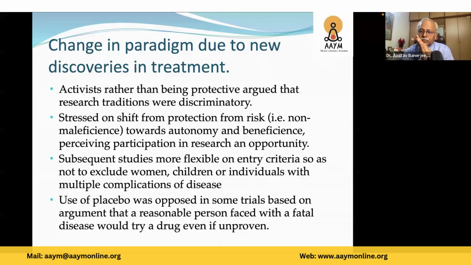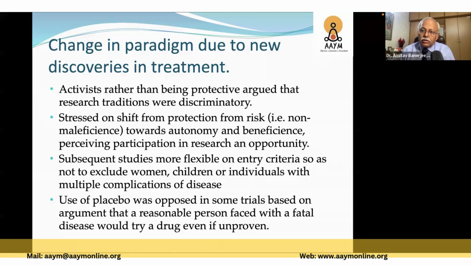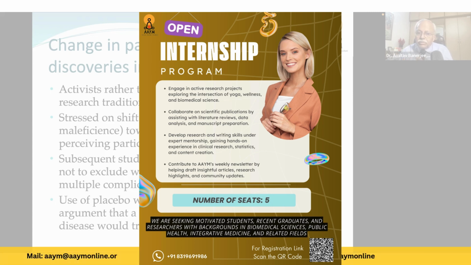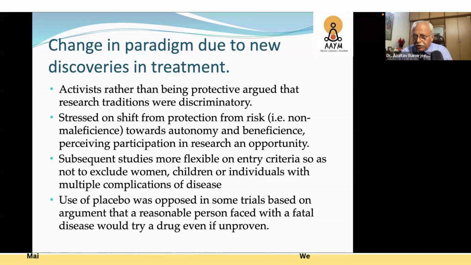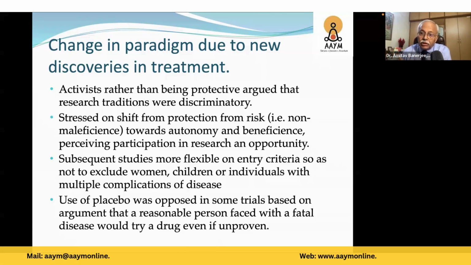And in the trial, as you see in the last paragraph, it is written: use a placebo. Earlier trials were given a placebo as a control. Now it is unethical, because better treatments are available. So you have to give one group the existing treatment and the other group the newer treatment. Sometimes the conventional treatment is not very good, and the new treatment promises more benefit. So again, the dilemma comes whether it is ethical to deprive the control group of the best treatment.